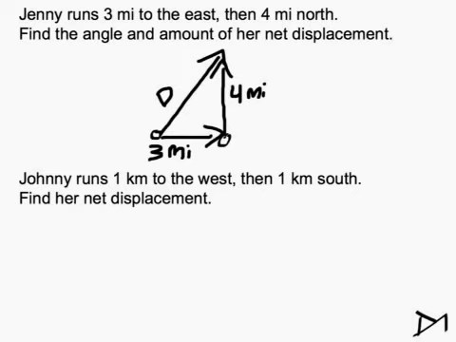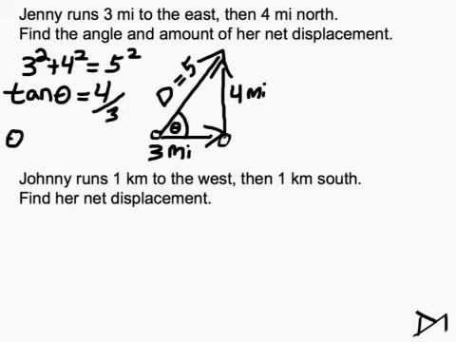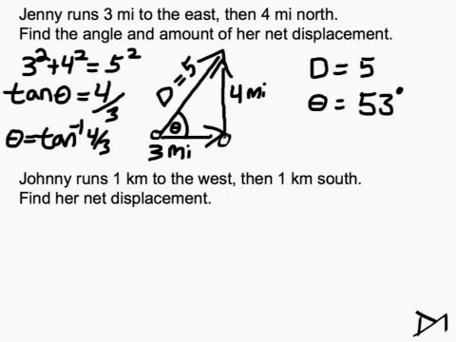The vector addition gives us the displacement vector. It's the hypotenuse of a right triangle. Pythagoras' theorem tells us 3 squared plus 4 squared equals 5 squared, so the displacement is simply 5 miles. What's the angle of this displacement? Well, opposite over adjacent is tangent theta, 4 over 3. The inverse of that gives us the angle. So we know the displacement is 5. The inverse tangent of 4 over 3 is approximately 50 degrees. Significant figures, we have 3 and 4 and 5, so roughly